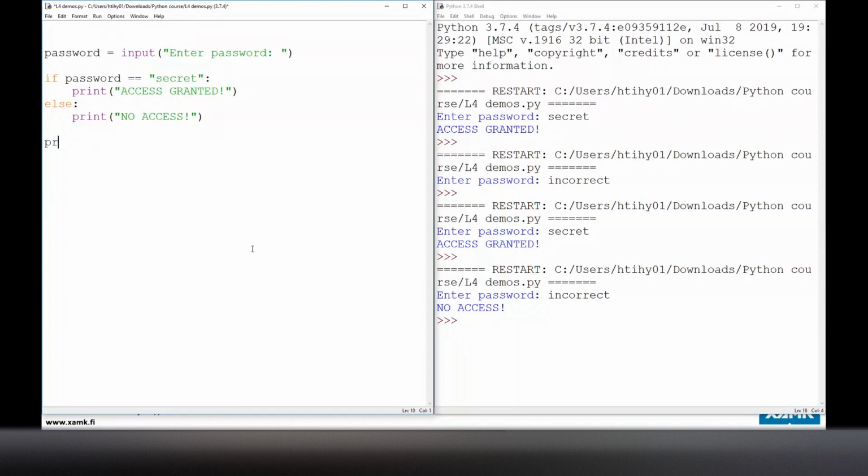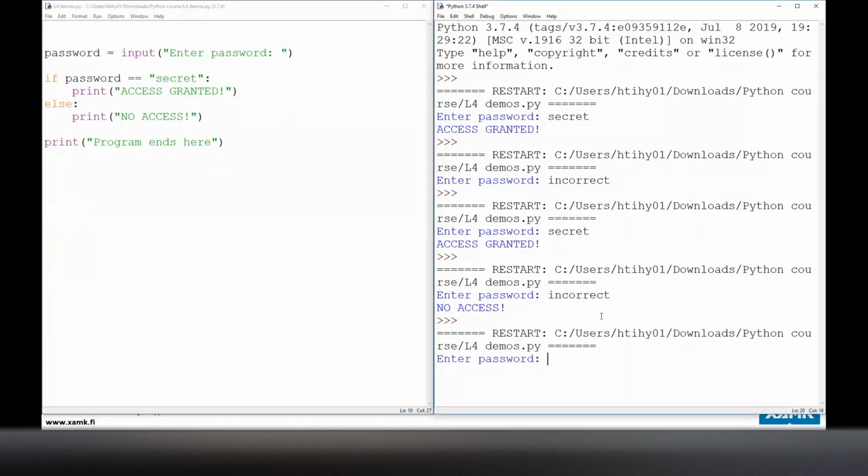If we then want to display some sort of message at the end of the program, we would do something like this. Let's say this is a message that simply signifies that the program has ended. Let's do something like program ends here. So if we now look at how this example works, let's begin by typing in the correct password here, pressing enter. And I actually inadvertently started by misspelling it. So we got the wrong password, so we got the no access